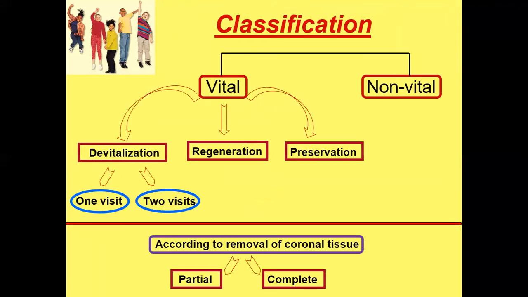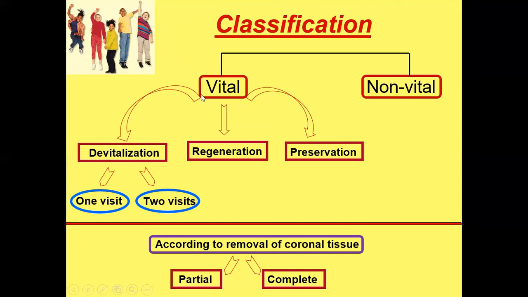So next thing what I'm trying to discuss is the classification, which almost when there is an essay question coming, it will be like define pulpotomy, classify pulpotomy, write it in detail. That is how it goes. So when it classifies, I have just put it in a diagrammatic format. That's all. So the pulpotomy can be broadly classified in two. There is a vital pulpotomy and a non-vital pulpotomy.